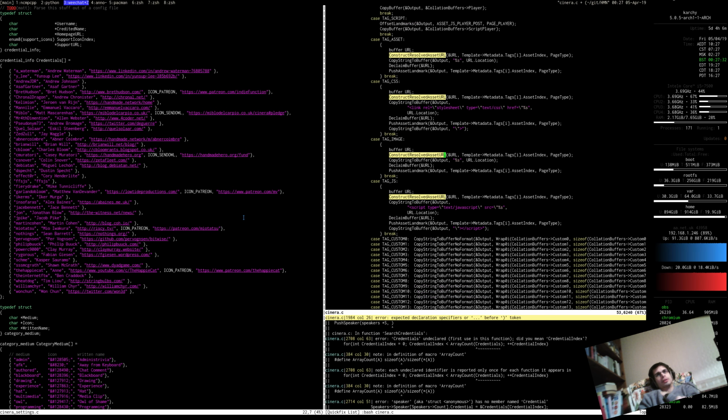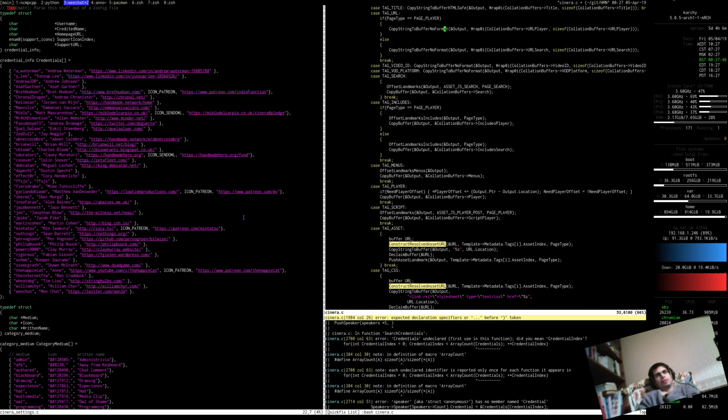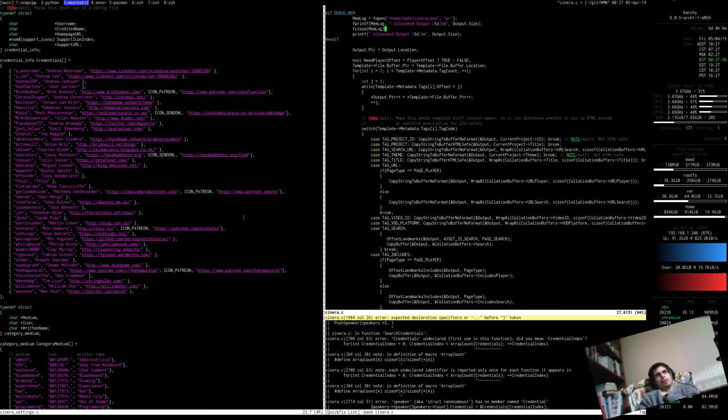In other words, does it only need to know if it's an image or a CSS or whatever? Because if you look at this, for the metadata tag count,